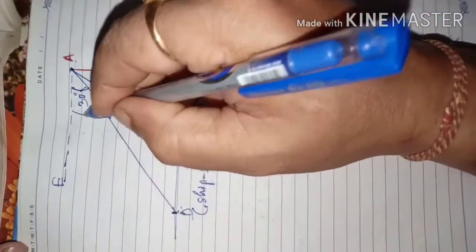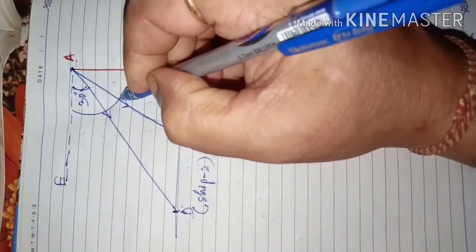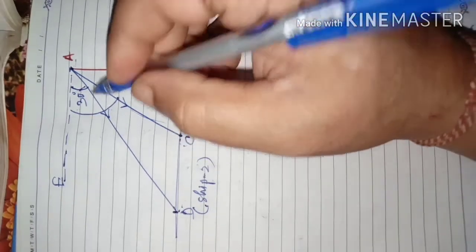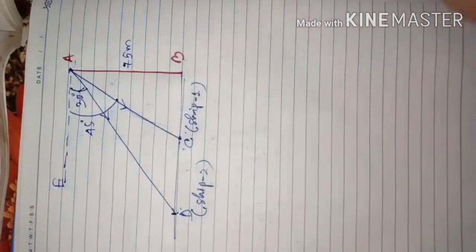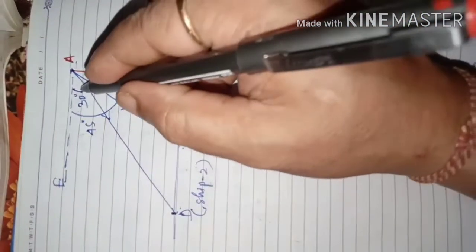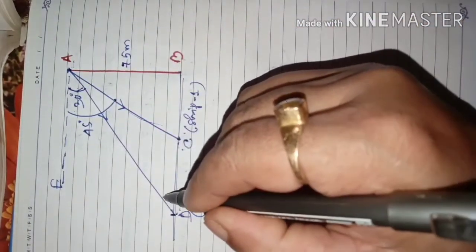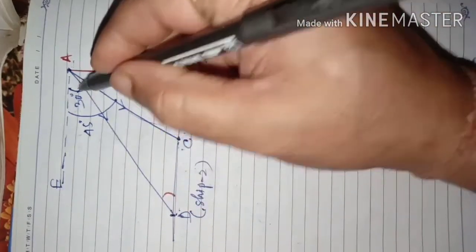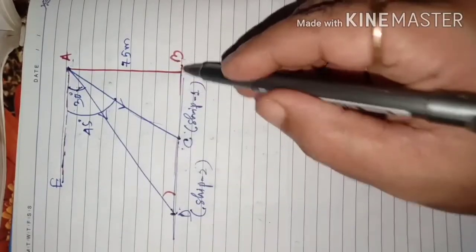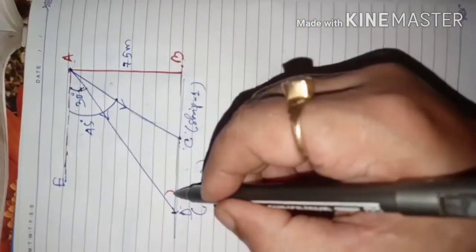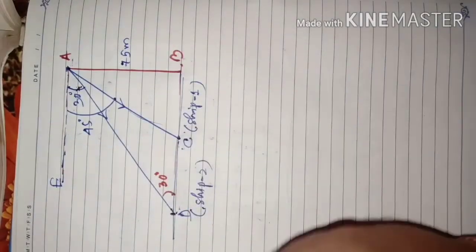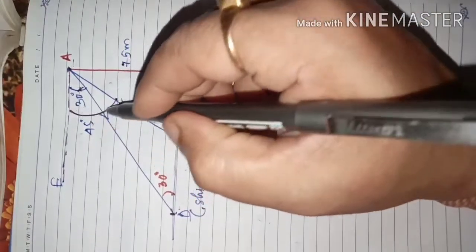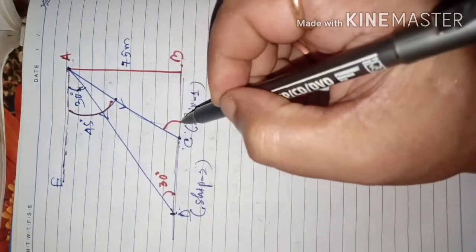and the other angle, this is also another angle of depression, sorry, not elevation, angle of depression, and this angle is given as 45 degree. Now these two angles, we can transform them, we can take them here. If this is 30 degree, this will be 30 degree, because you know this line and this line are parallel lines. So this is a pair of alternate interior angles. So if it is 30 degree, this angle also is 30 degree. Next, if this whole angle is 45 degree, then this angle also will be 45 degree.